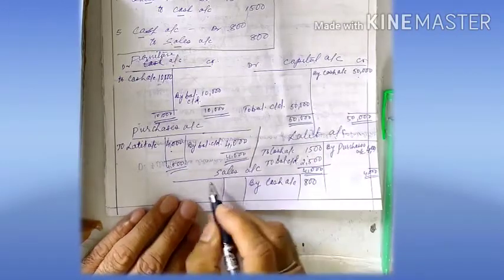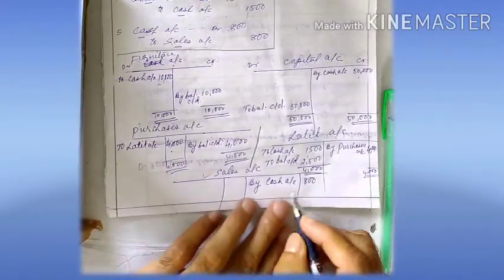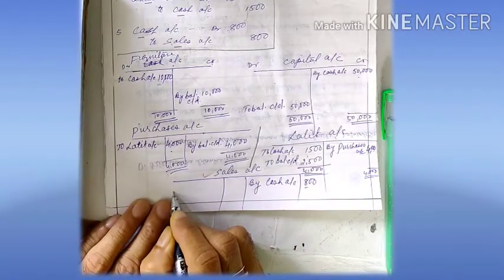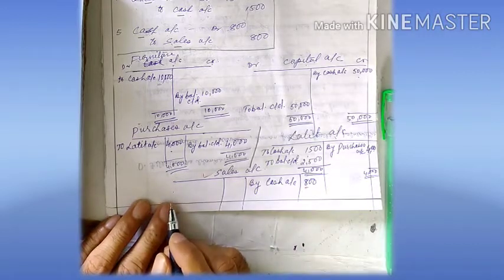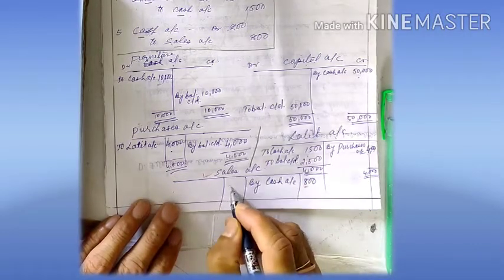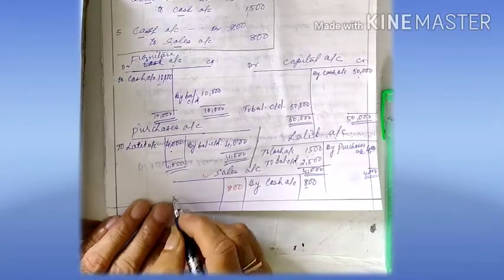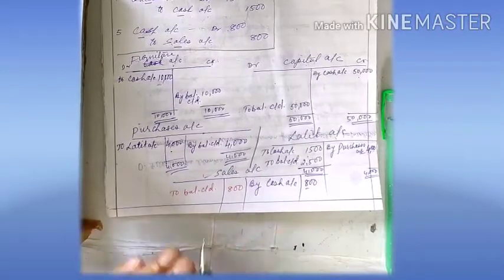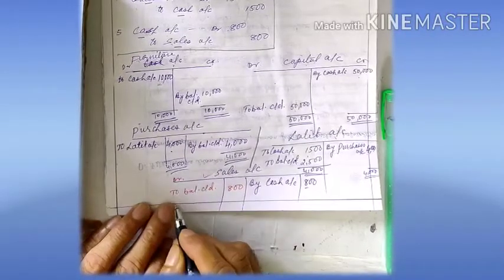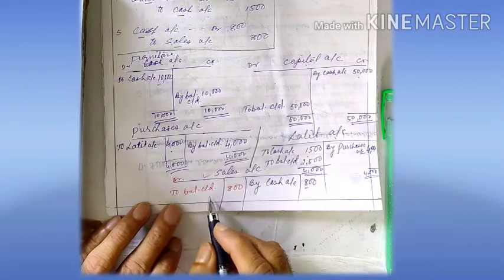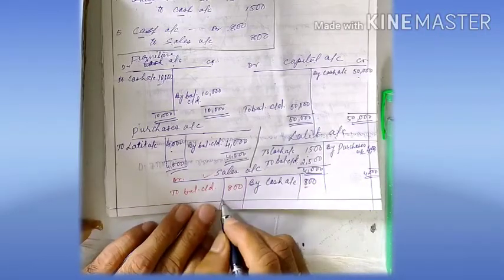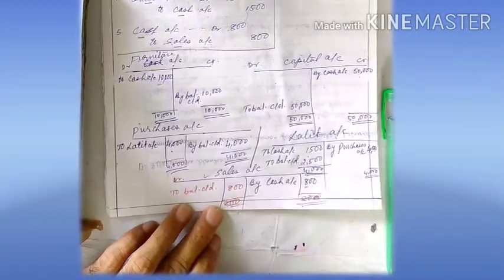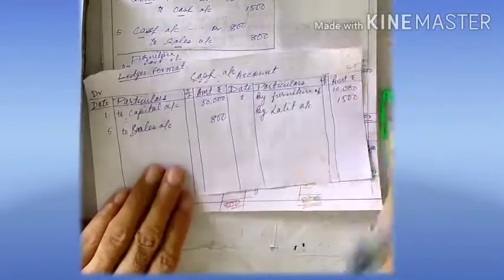Now let's take this sales account. On the credit side you have 800, but on the debit side nothing is there, it is 0. That means they are not balanced. So in order to make it balanced, you have to put 800 on this side. So what you have put will be termed as balance CD. So when you get the balance on the debit side, it will be written as to balance CD. Now after writing 800, we'll take the total 800. So the total is same. This process is called balancing the ledger.